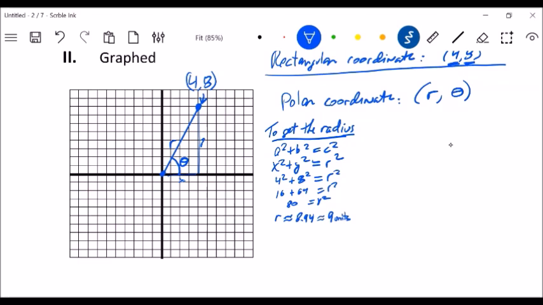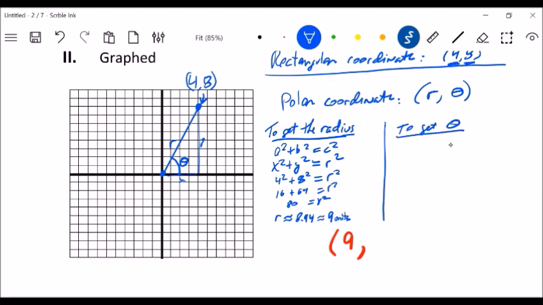So we now know that the radius is r. So I have so far a 9. And now I need to find the angle. So let's do that on the other side of the space here. To get theta,